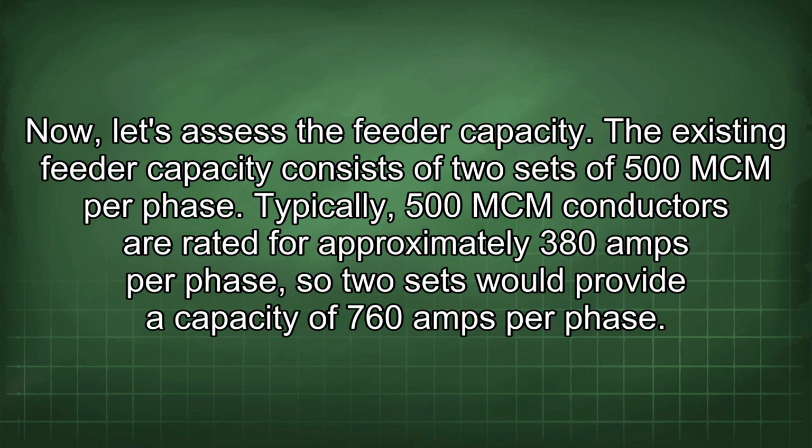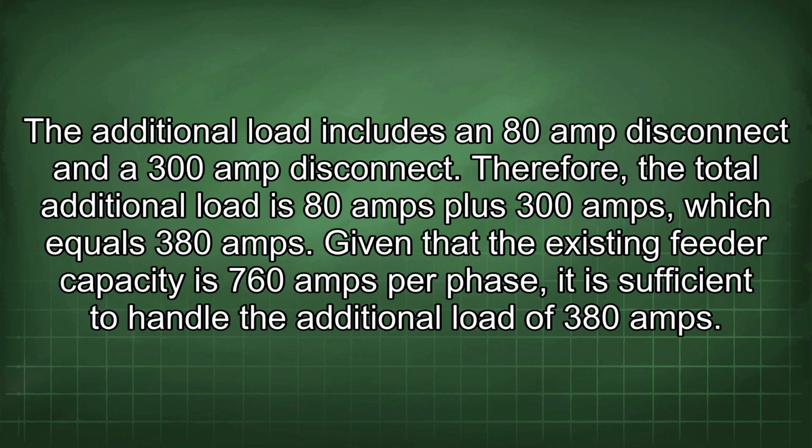Now let's assess the feeder capacity. The existing feeder capacity consists of 2 sets of 500 mcm per phase. Typically, 500 mcm conductors are rated for approximately 380 amps per phase, so 2 sets would provide a capacity of 760 amps per phase. The additional load includes an 80 amp disconnect and a 300 amp disconnect. Therefore, the total additional load is 80 amps plus 300 amps, which equals 380 amps. Given that the existing feeder capacity is 760 amps per phase, it is sufficient to handle the additional load of